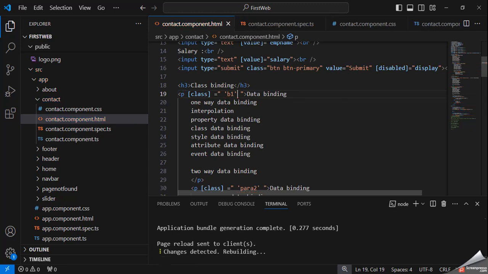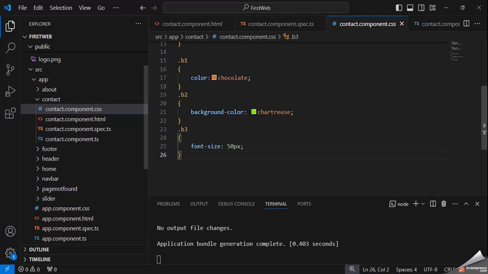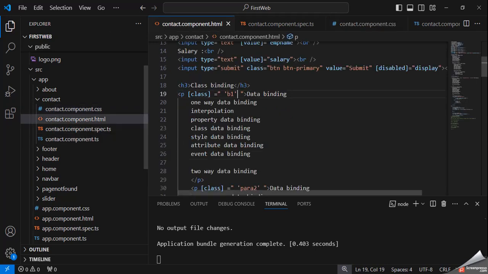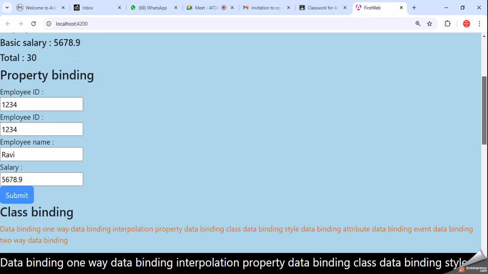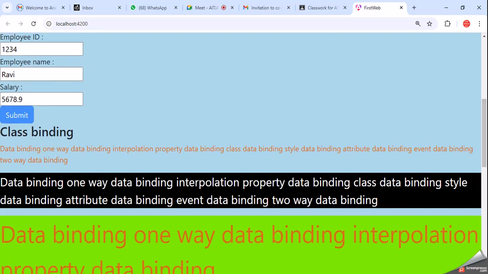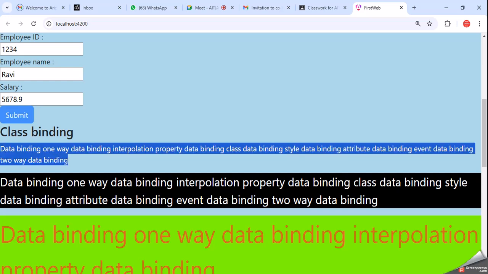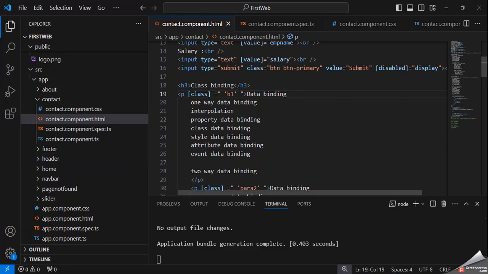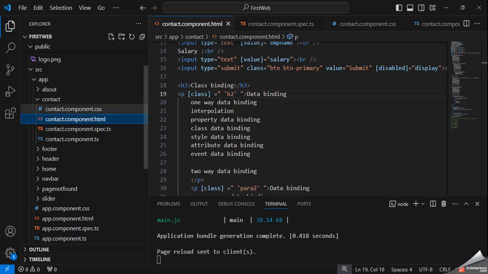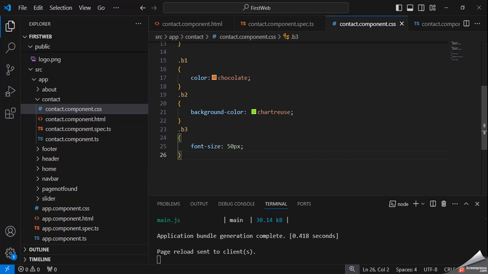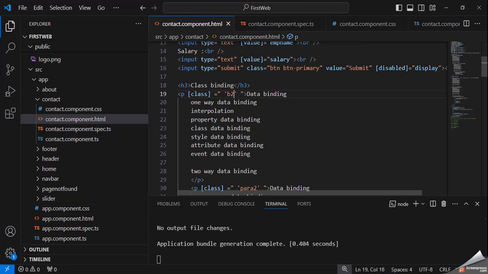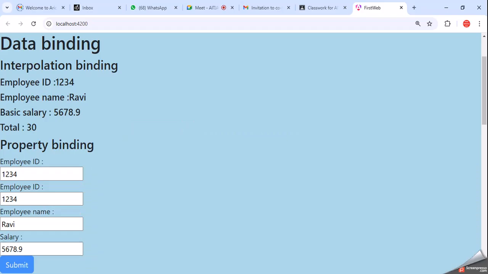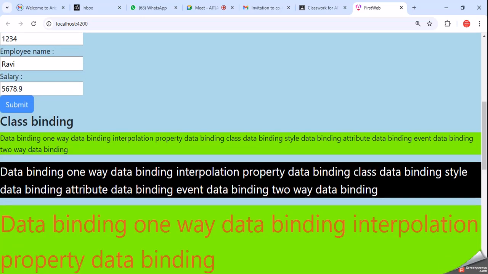Save this file, and in b1 you can see we have declared the chocolate class, chocolate color of text. Same as, suppose here I declare b2, so then you can see this is the background color.